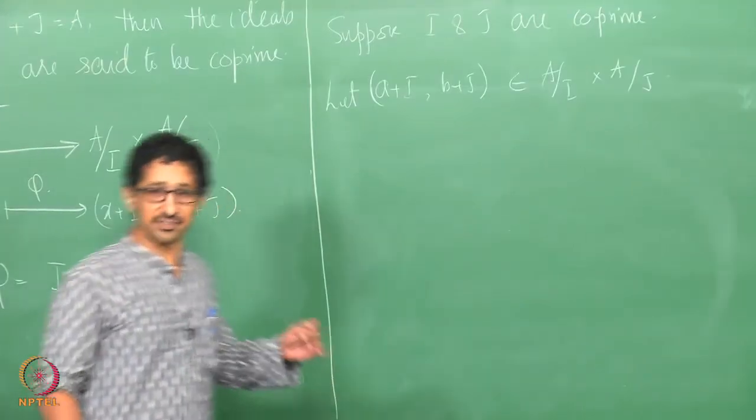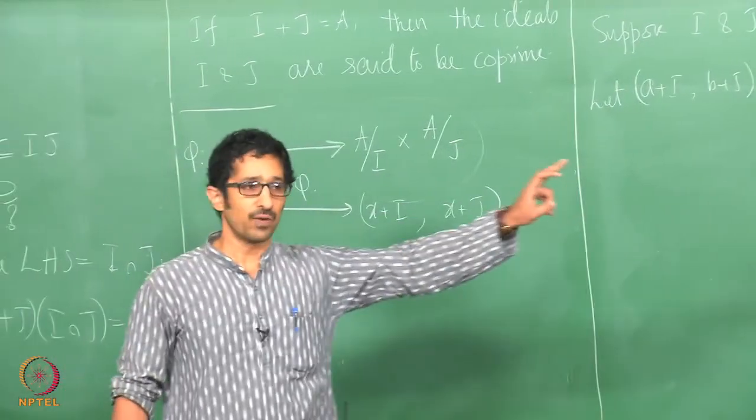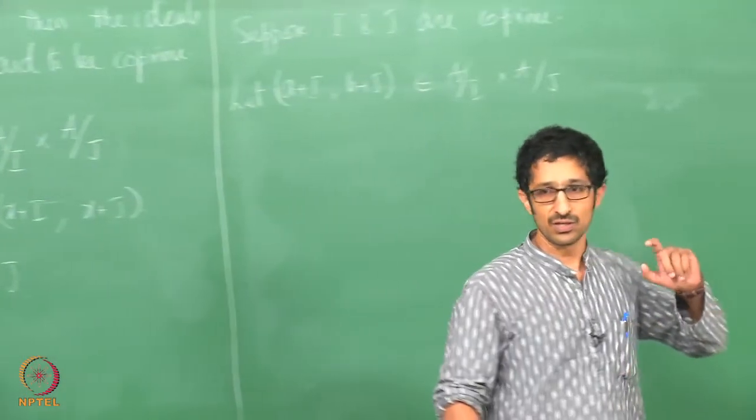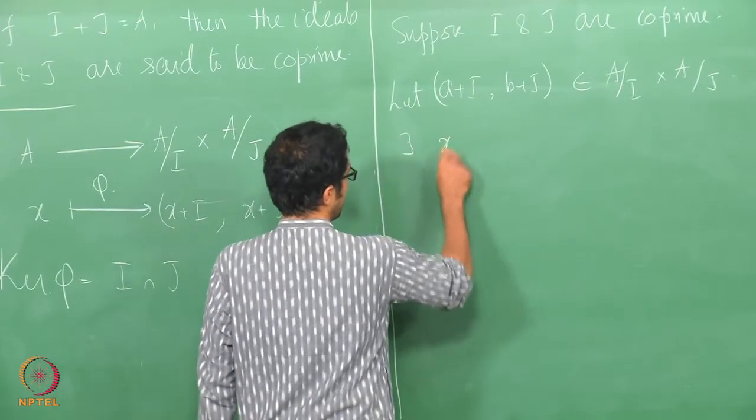See, there is already the information that I and J are co-prime. What does that mean? It means I plus J is equal to the whole ring, which means there exist